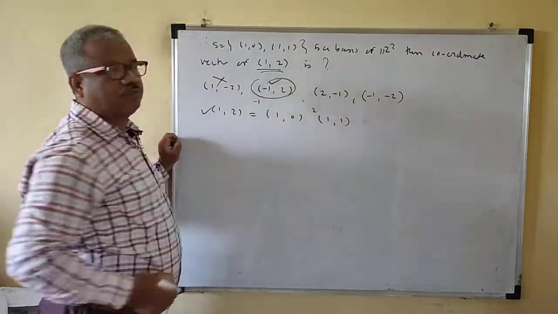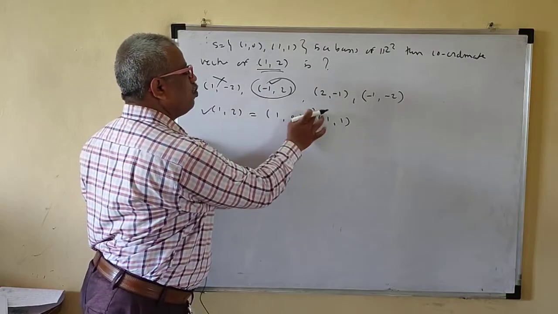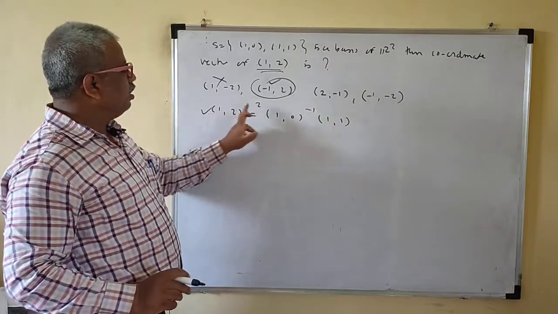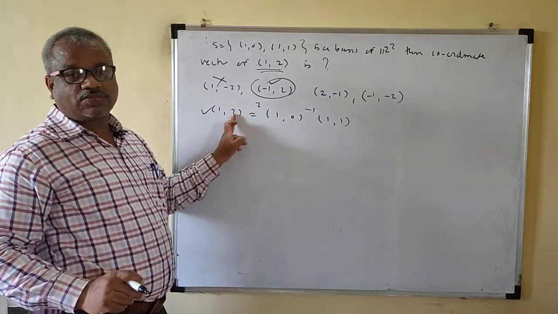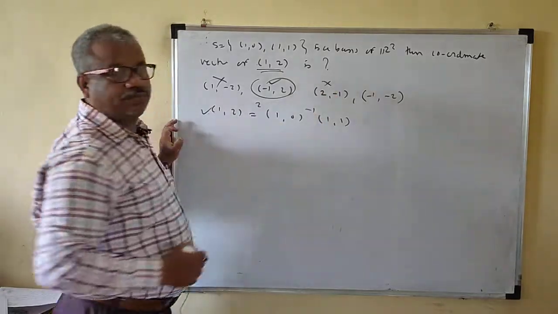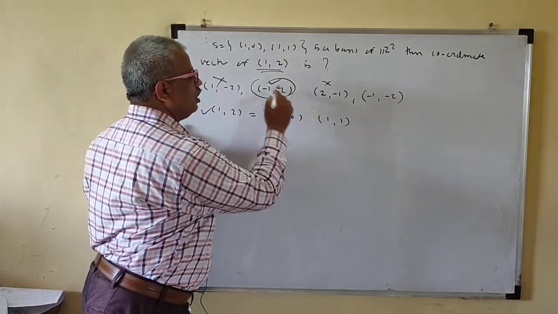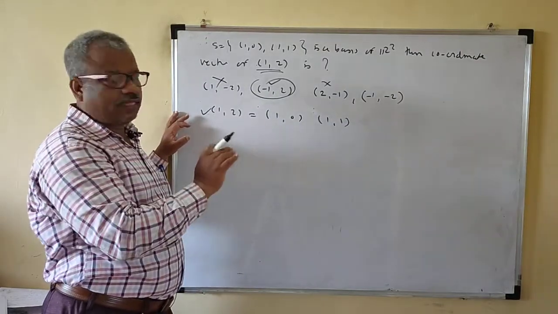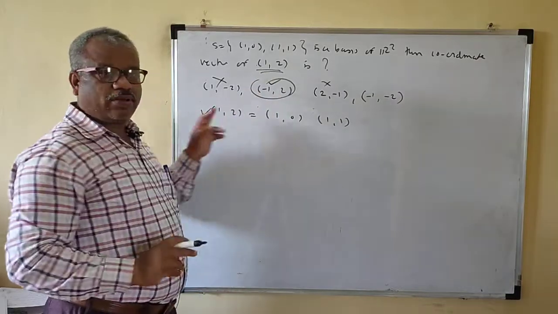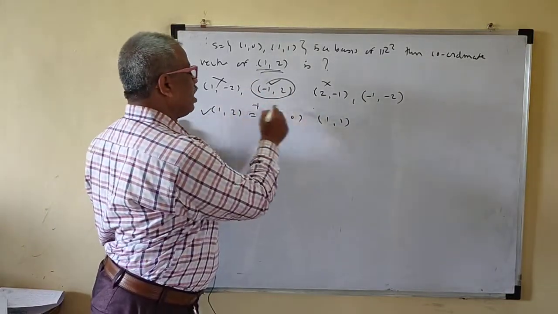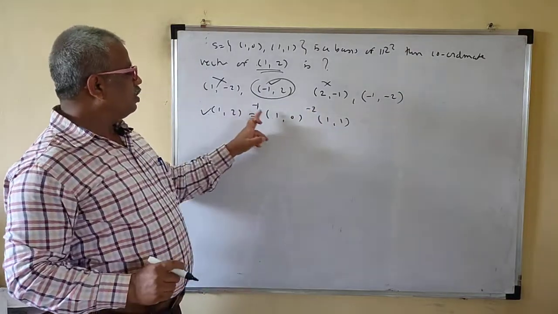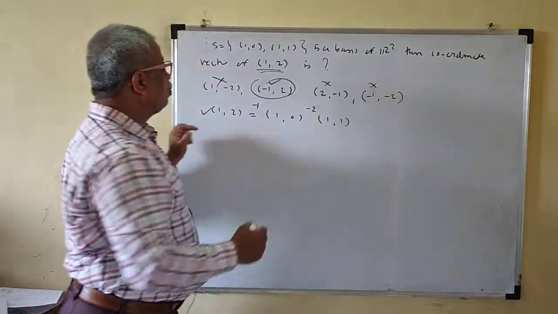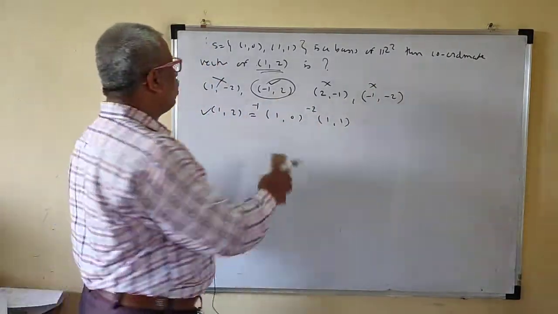If you put here 2 and minus 1, then 2 minus 1 is 1. Okay, but the second component is 2, 0 and minus 1, but this is not minus 1. This is 2, that means this does not work. What about this one? This works actually. If one of the options works, then stop looking for other answers. Just tick mark it, it will be your final answer. If you write this here, minus 1 minus 2 is minus 3. This is not minus 3, that means this also does not work. So the coordinate vector is this.